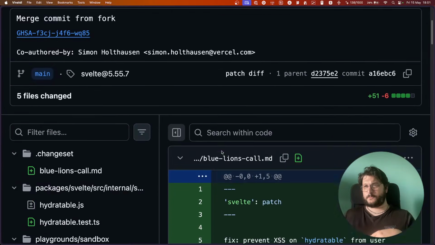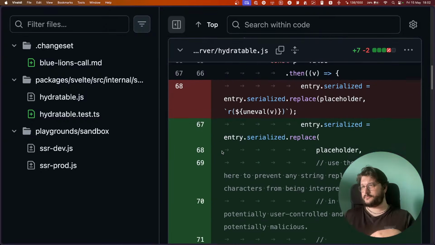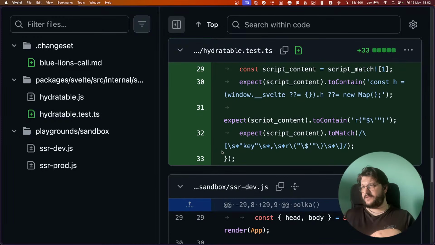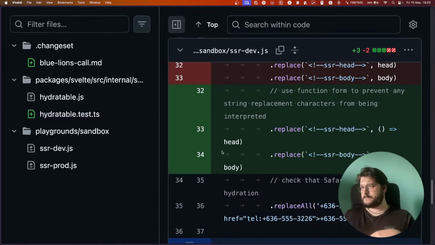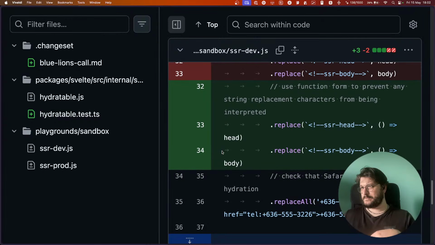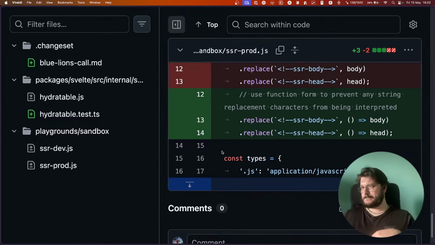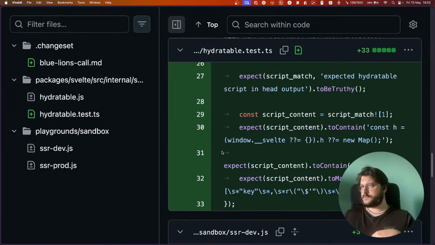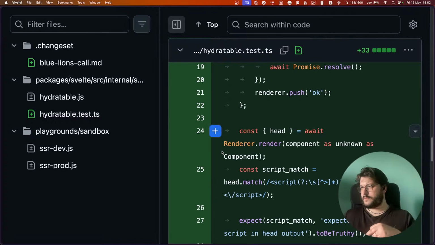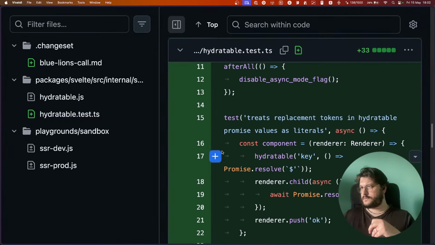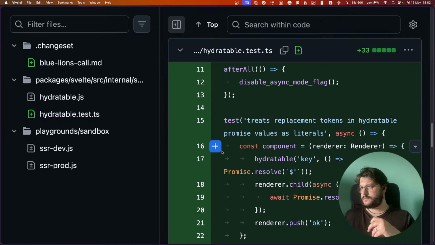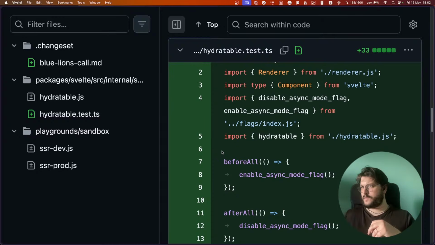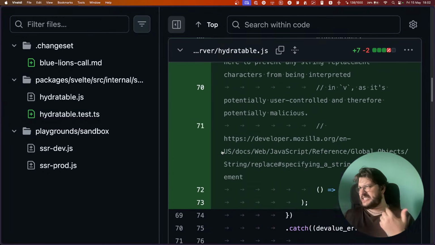Let me see. Let me see if I can. Yeah, I'm trying to find the right test.